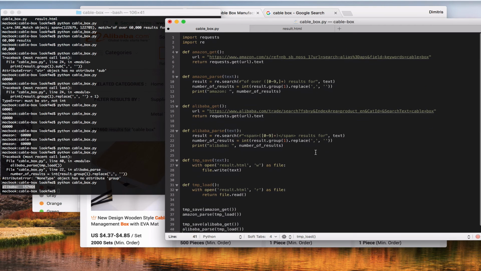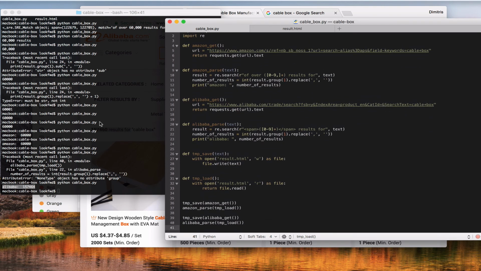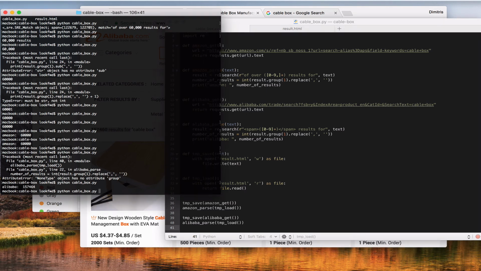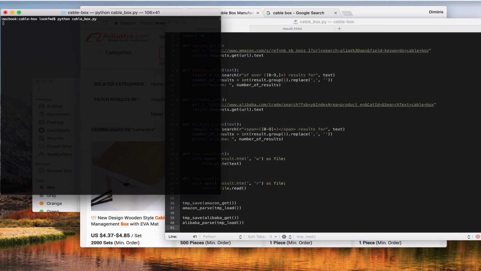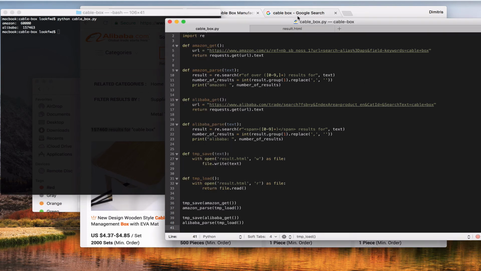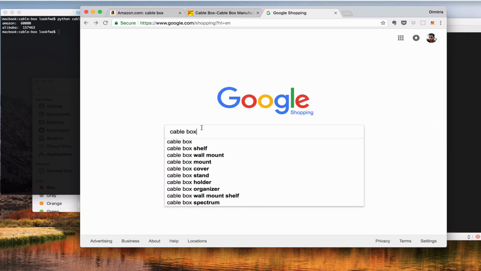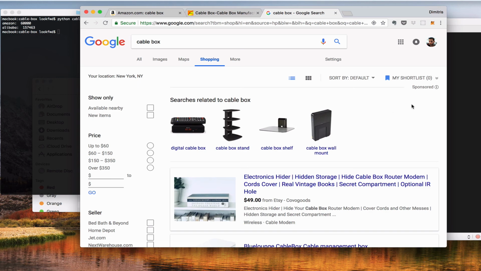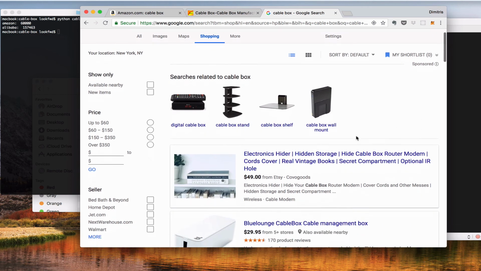So let's see if this script now is able to parse both websites. Python cable box. Okay, it works great. So now let's try Google and see what happens there. So we go to Google Shopping and we put cable box here. So now if you notice what's going on here,